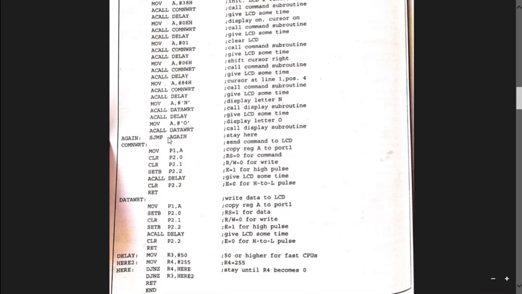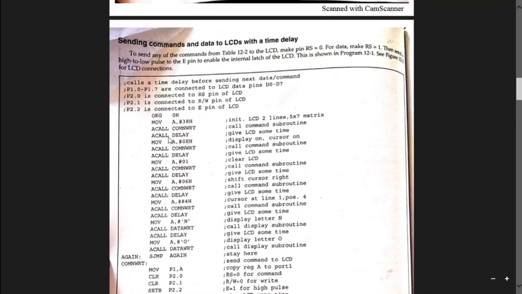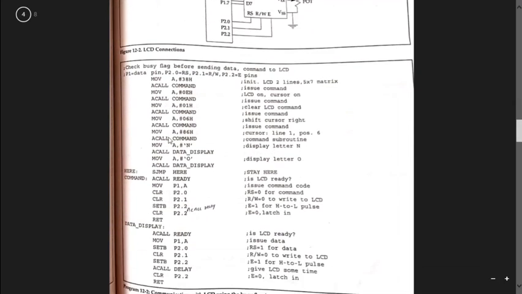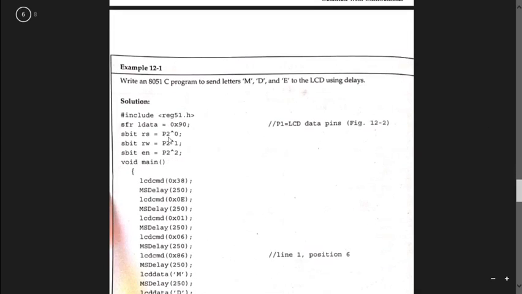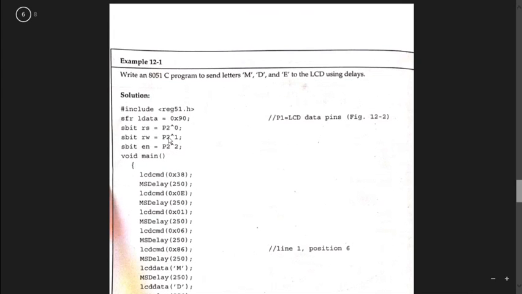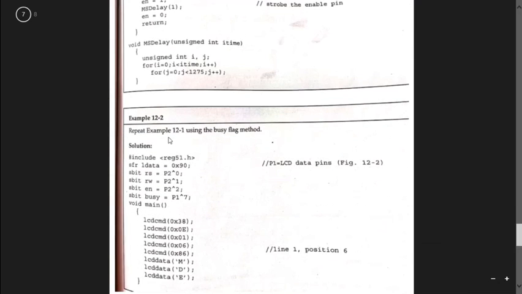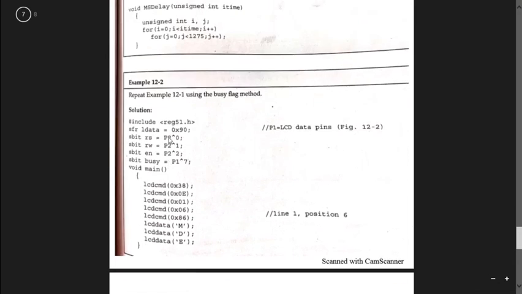Are you clear with the program? Okay, this is interfacing of LCD using which language? Using assembly language. Assembly language programming. Now you are very clear with the program. So I'll show you the same program, how to write it in C language. It actually is not in the syllabus, but it is just for your knowledge. You should know how to write C language also.